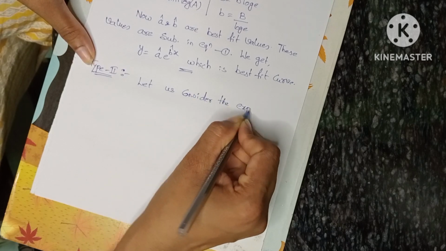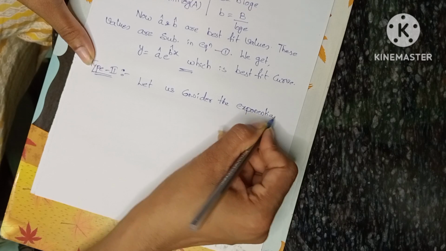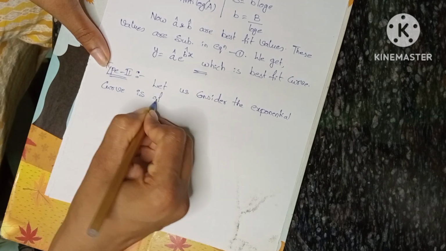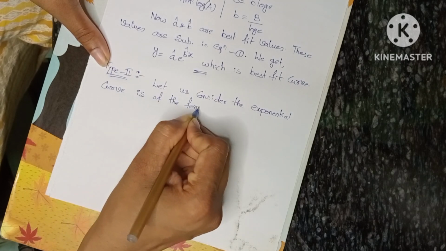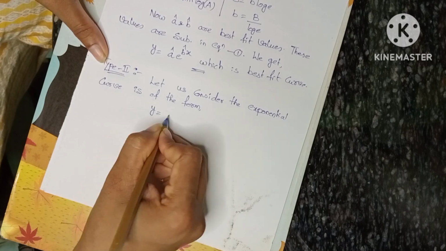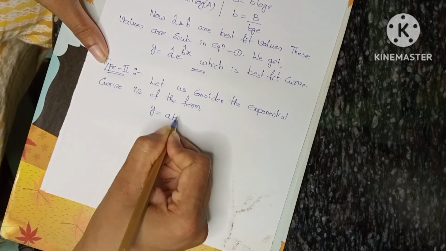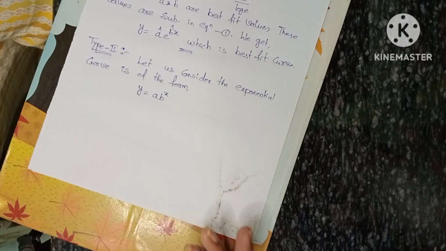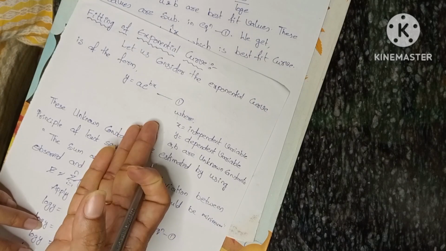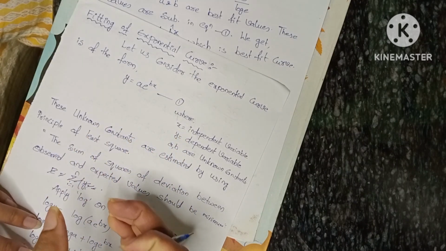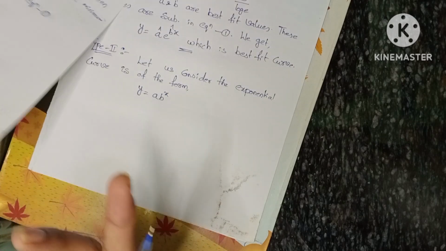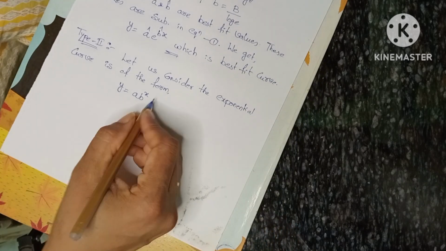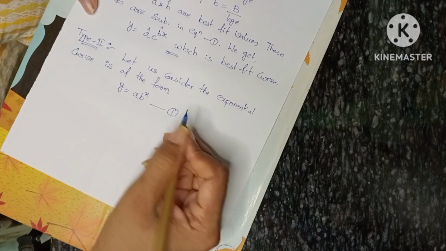the exponential curve is of the form y equals a b power x. So this is type 2 curve we can say, or else this is type 1 and this is type 2 also you can say. So there is no specific rule that this is called type 1, this is called type 2, but these two are the types of exponential curves. Okay, so we are taking it as equation 1, where